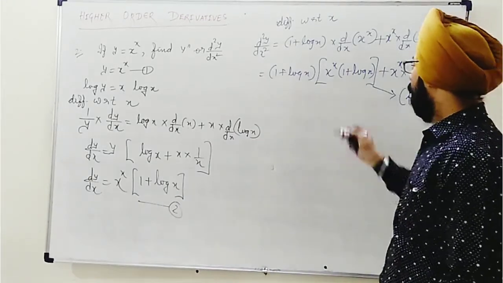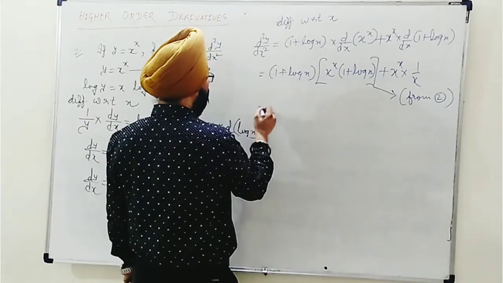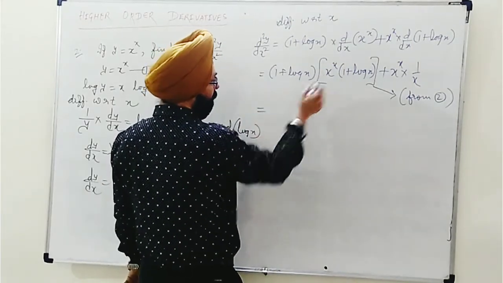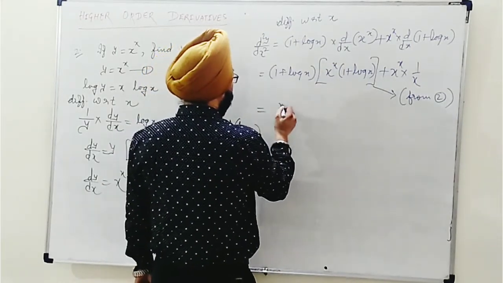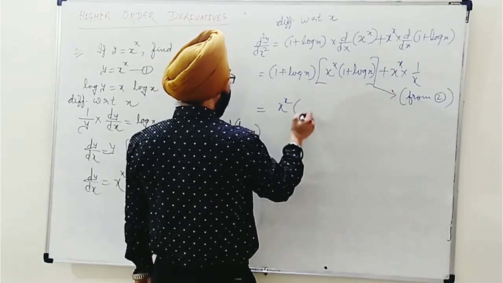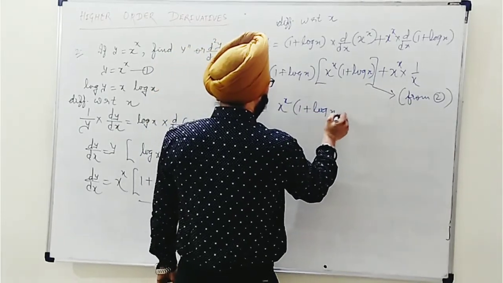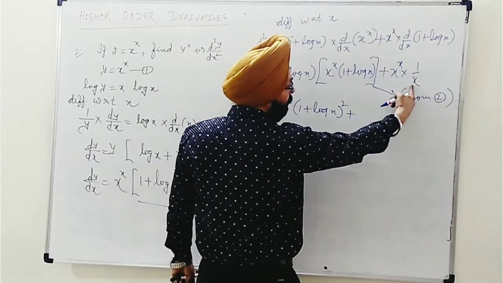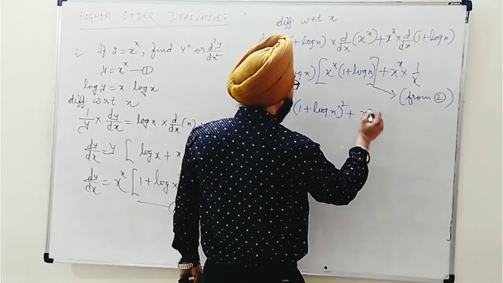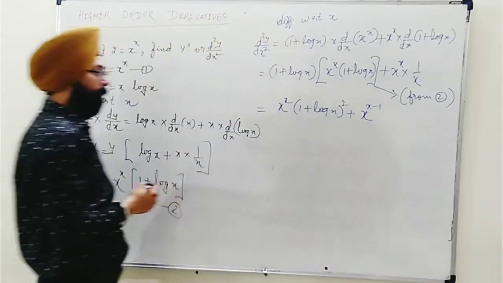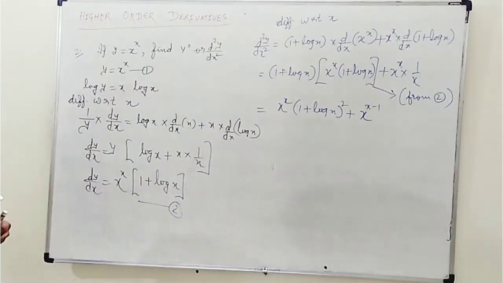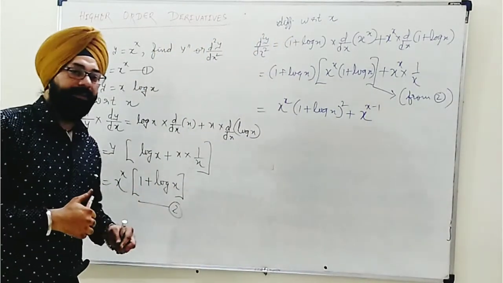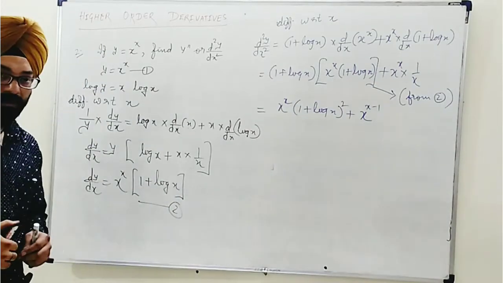You can mention. Now, when I simplify, I find that it is x to the power x times 1 plus log x whole square, and x is dividing that, so by laws of exponents we can write x to the power x minus 1. This way we can put the answer. Okay, so this is the second order that we require. We will see more information on that.